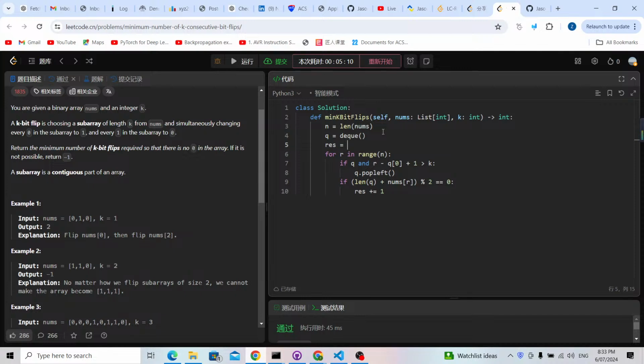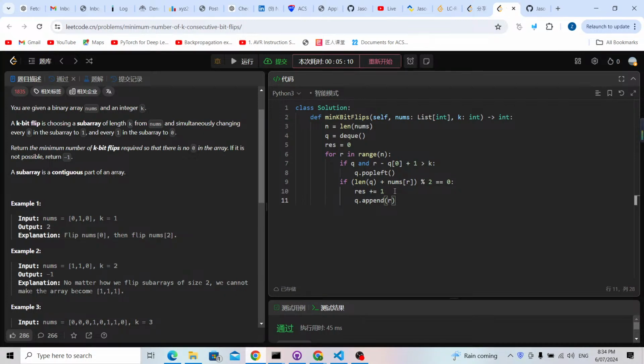So this means I also need to prepare a result. So this means I have a flip. Now I want to put some values inside the window, because inside the queue, definitely the position of the flip. So it's going to be q.append with the position r. So this is going to be the position. Now I think I've finished the basic structure,